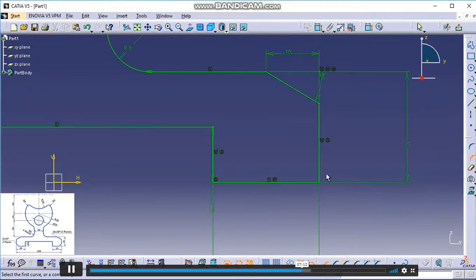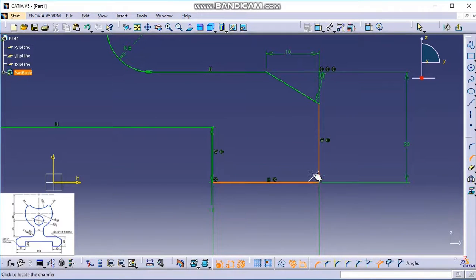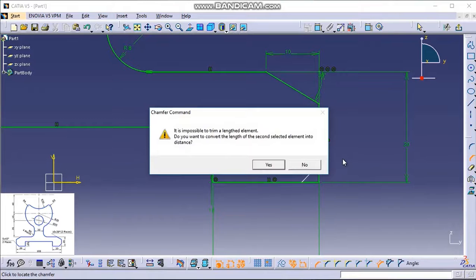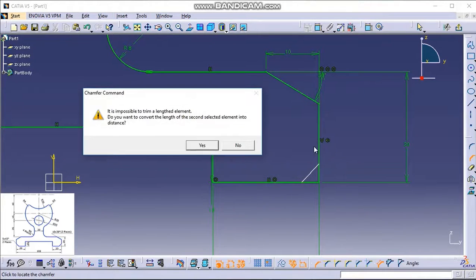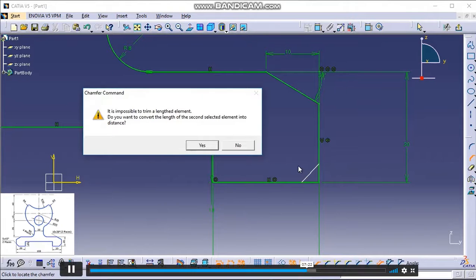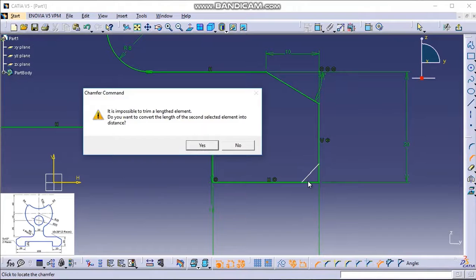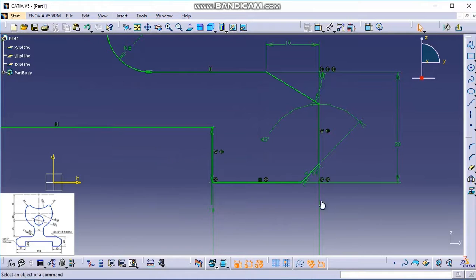I'll take chamfer again, this line and this line. You can see here we have created a problem, which is we have given length to a line, and when we are generating this, it is getting trimmed. So the length is getting converted into distance between the points. Click on yes, and you can see the lines are getting trimmed and this length has been retained as distance between this point and this line.